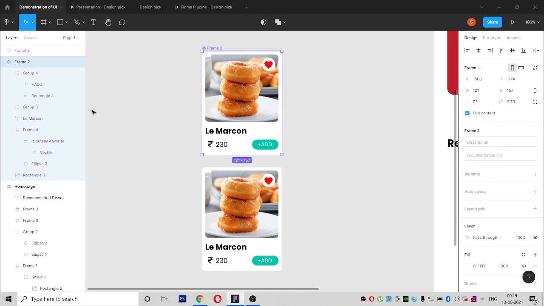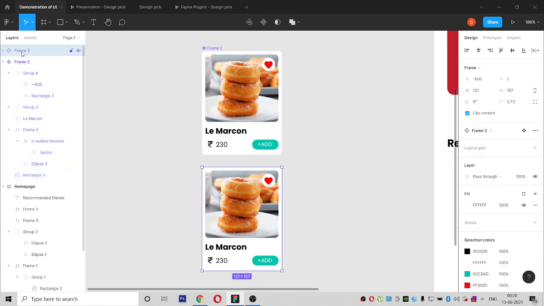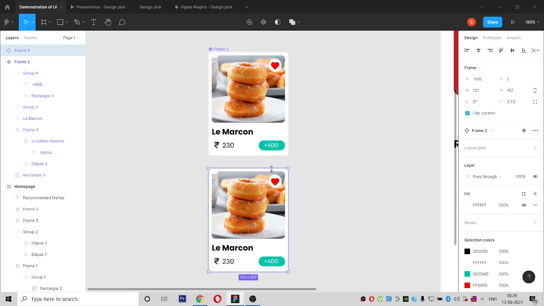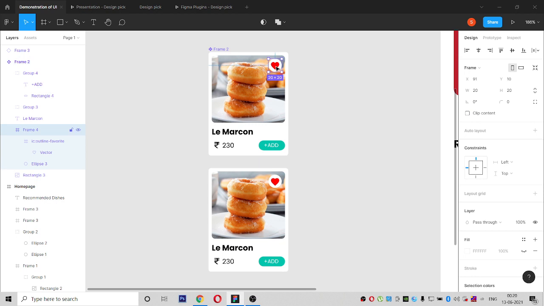If you see this component color and it has been placed as a dot, this means it is a master component, main component. This means instance, component instance. This is a component and this is the instance. See, the main advantage of a component is, when we do something here, it replicates here. So it's very easy guys.